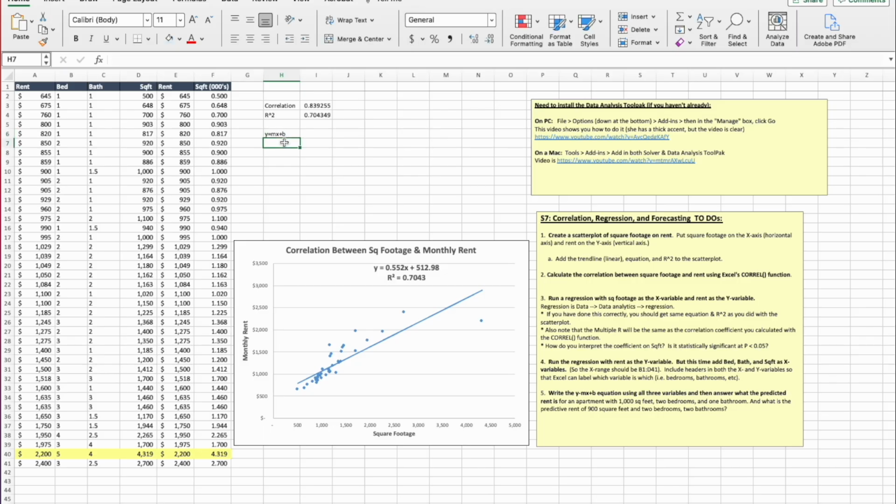So let's actually write this down. So we are trying to predict rent. Rent equals, okay, our mx, our m, which is our slope, is 0.552 cents times what the square footage is. Okay, and I keep misspelling footage. Okay, and then we add that to our